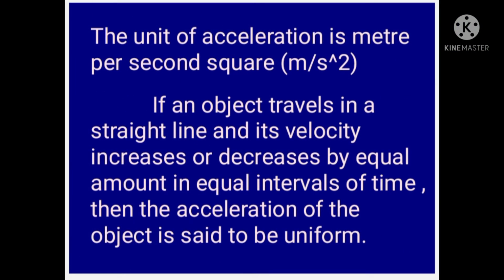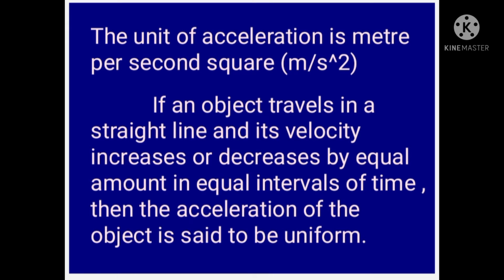Suppose an object is traveling with a velocity of 5 meter per second. We increase the speed from 5 meter per second to 10 meter per second in 2 seconds. So our initial velocity is u equal to 5 meter per second, and after increasing, the final velocity v is equal to 10 meter per second. We apply these values in our formula. Acceleration is equal to v minus u by t, which is 10 minus 5 by 2, equal to 5 by 2, that is 2.5 meter per